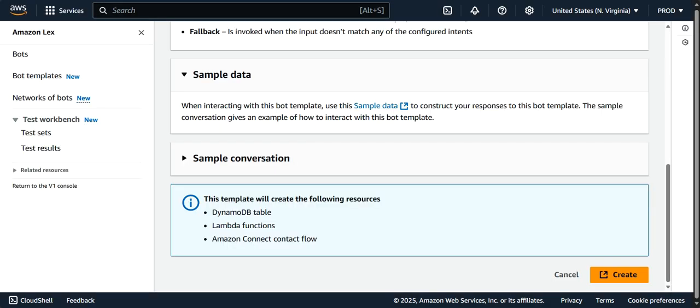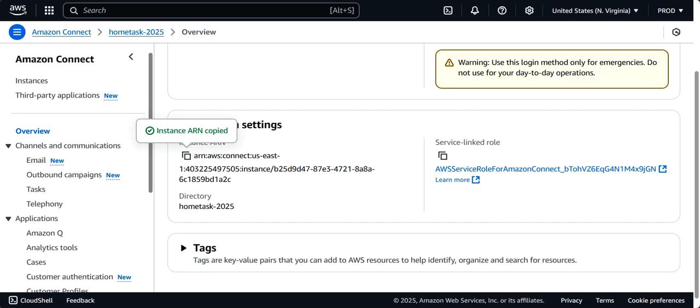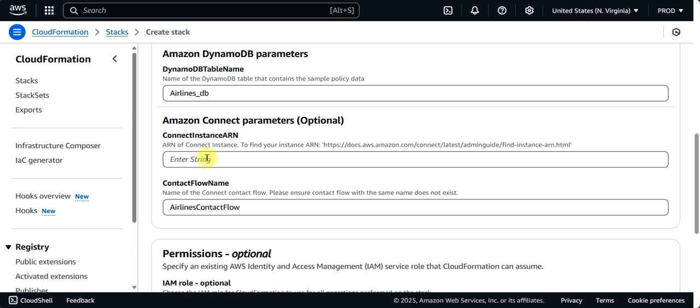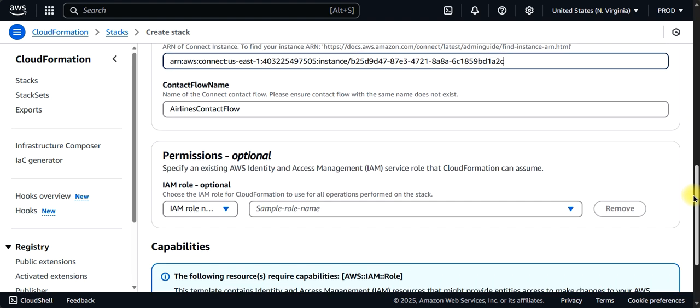So let's go back over here. Where was I? This is the CloudFormation stack. It's looking for this instance name, and it's going to reference a contact flow. So after this happens, I expect to see this contact flow in my Connect instance. And I expect